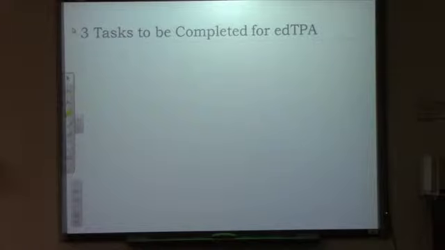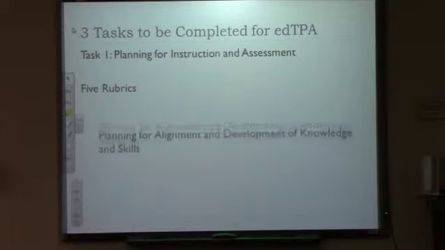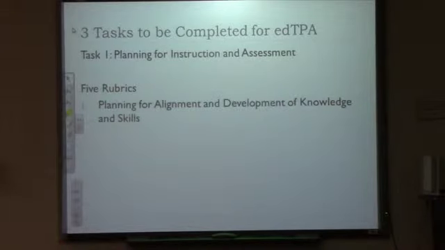The edTPA consists of 3 tasks. And again, this is a little review from the first workshop, but our tasks are: task 1, which is planning for instruction and assessment. With each task, there are 5 rubrics. Task 1, 5 rubrics: planning for alignment and development of knowledge and skills,